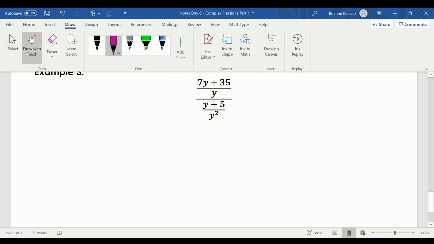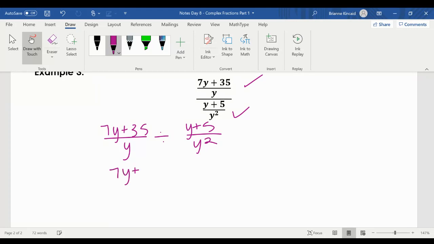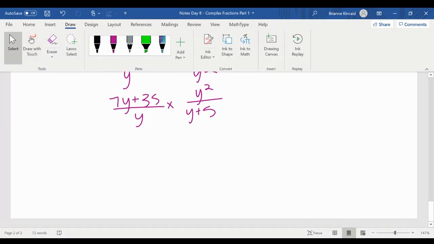And lastly, just like the last one, we have a single fraction in the numerator, a single fraction in the denominator. I'm going to rewrite it as division. And then when you have a division problem, we can rewrite it as multiplication. So I keep the first, change to multiplication, and flip the second. I'm going to rewrite it